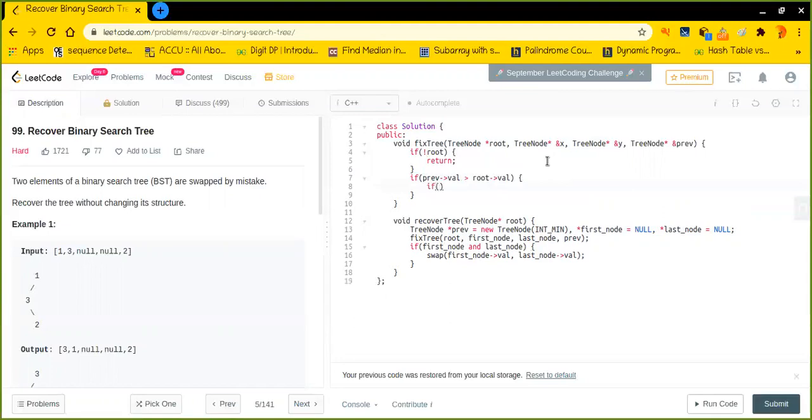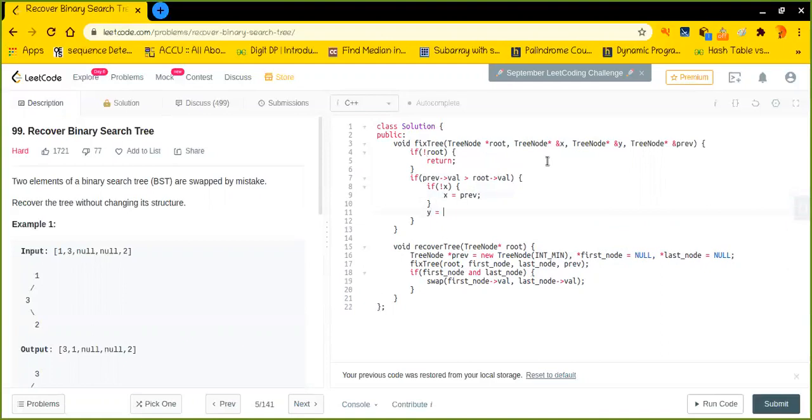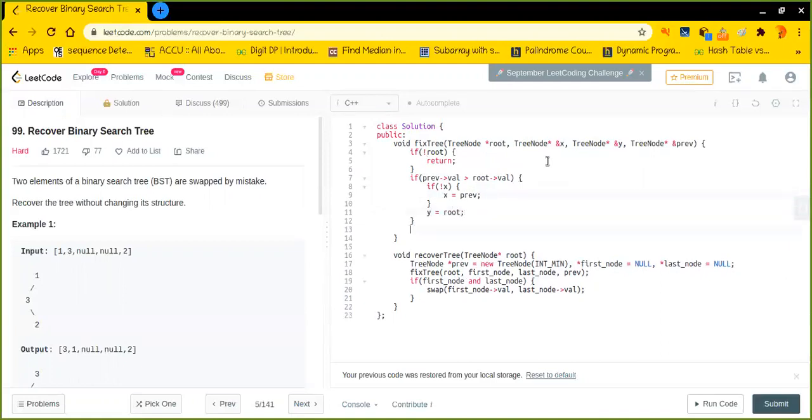And if x is not there, it is already null, that means this is the first time I am finding a suspicious activity, the first time I am finding the wrong configuration in the tree. So I'll update x with the previous node, and y with the root node.